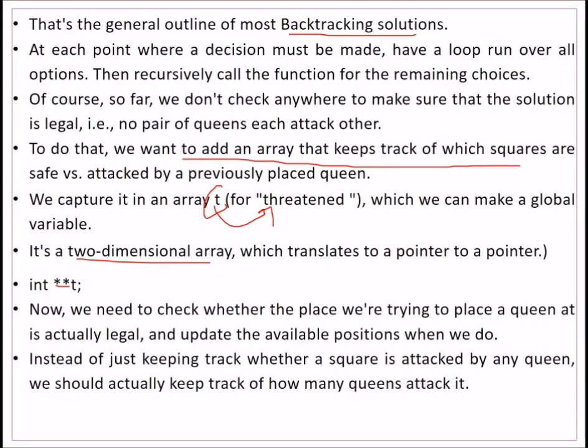Now once we are done with this, we need to check whether the place where we are trying to place a queen is legal or not, and we'll update the available options as legal. So instead of just keeping track of whether a square is attacked by any queen, we should actually keep track of how many queens attack it. This is one and the same thing.